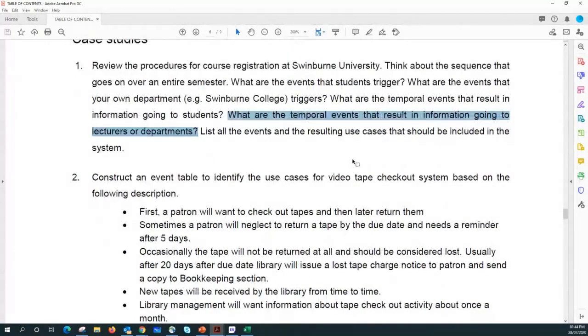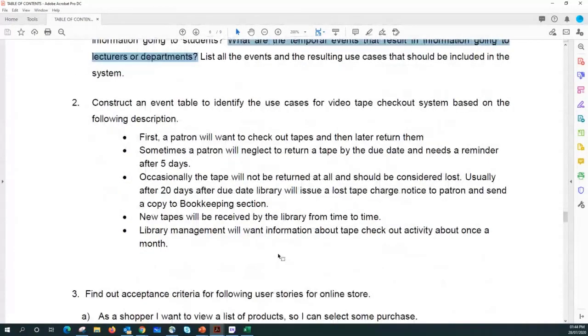Okay. Right. So let's jump to question number 2. Right now they are asking us to construct an event table, right? So an event table to identify the use cases for the videotape checkout system, based on the following description. They have given a bunch of descriptions, occurrences, or narratives, a bit of narratives. So we need to create